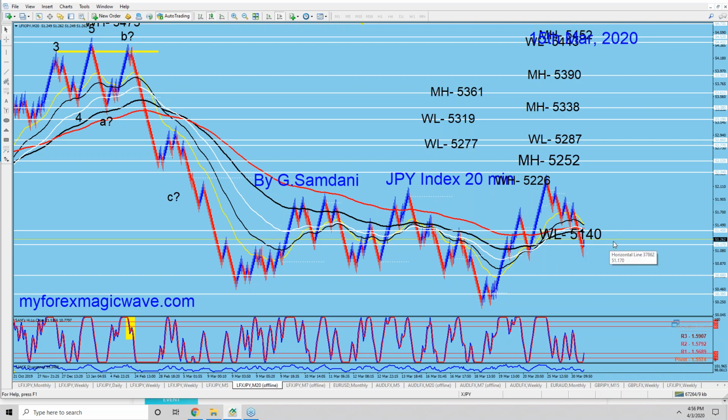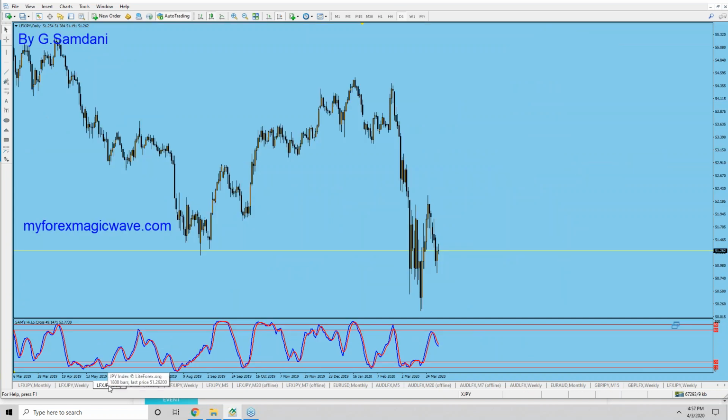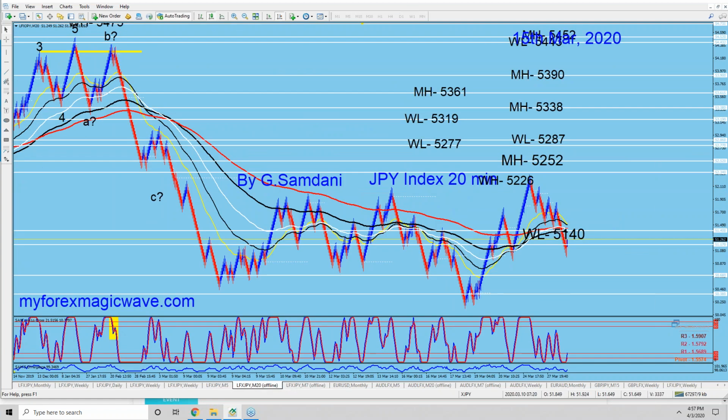So that's the ping pong going on in these numbers, but be very careful, because look, this was a down move, right? And we bounced from the lowest number, 50.38. So we went up, and then this is kind of a retracement. It could be just a retracement, and after this, if next week we start to go up, right, and then we go back above 51.40, then we're definitely going to 52.52, and maybe beyond that. So we have to make sure that we are going to the upside.